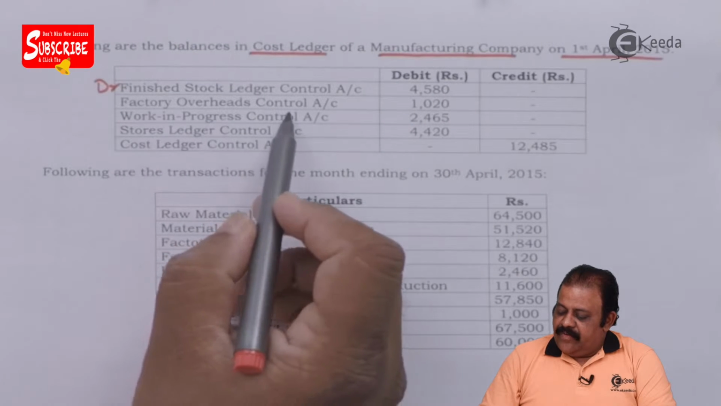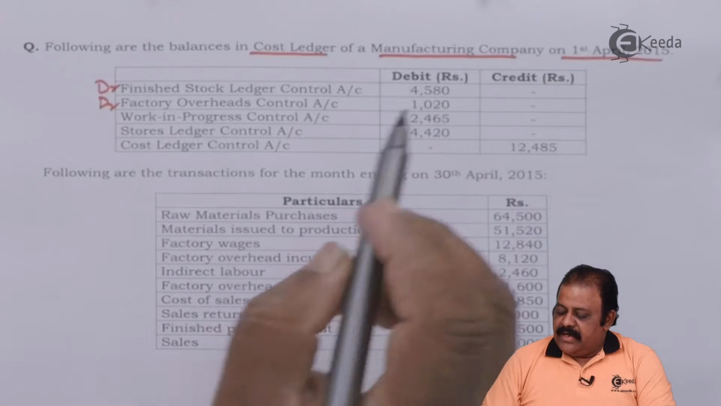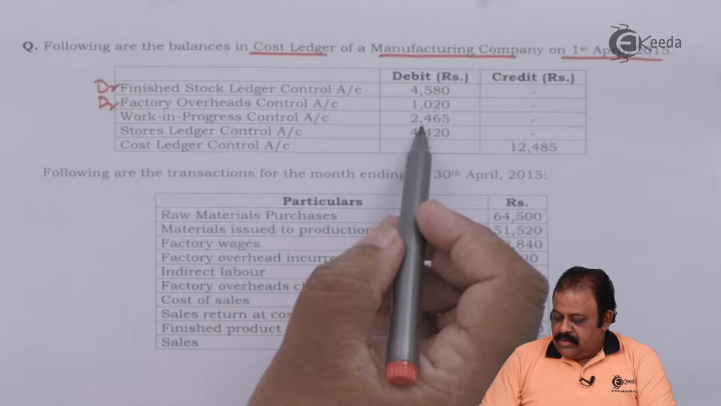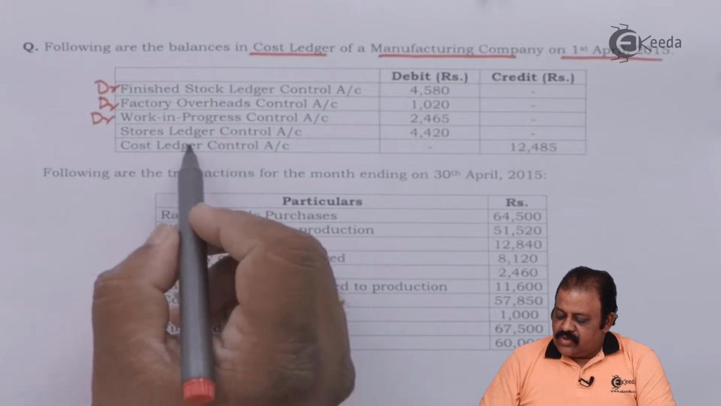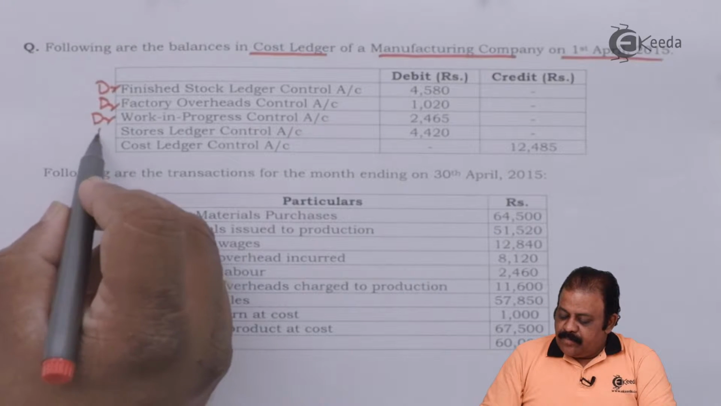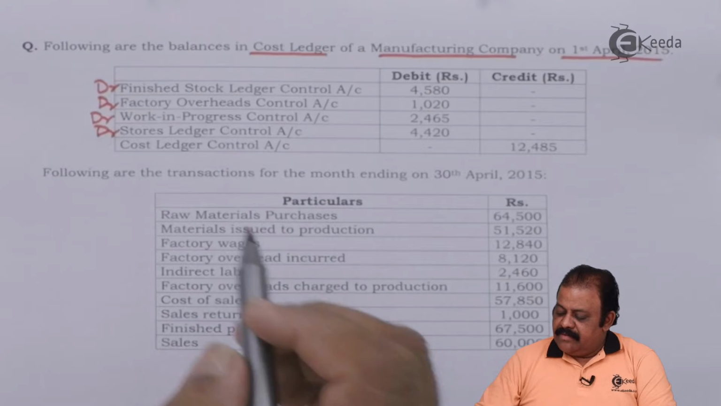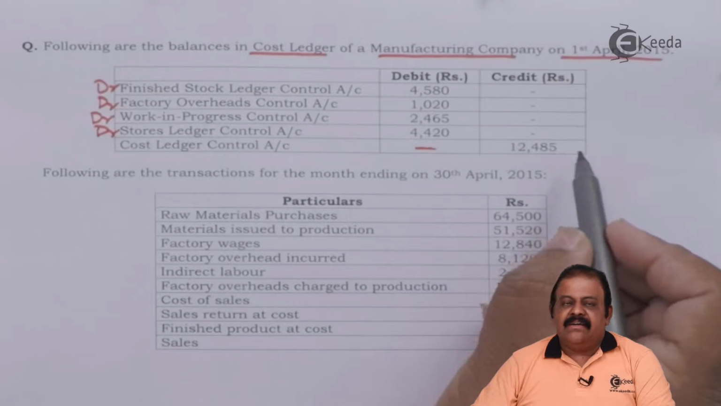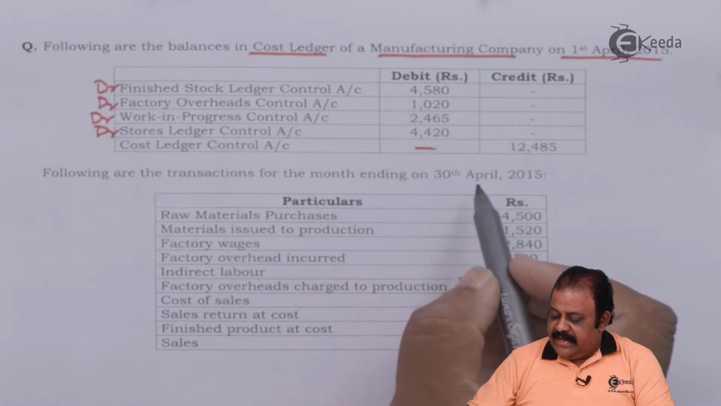4,580. Factory overheads control account, opening debit balance 1,020. Work in progress control account 2,465. Stores ledger control account 4,420. These are stocks having opening balance debit. Cost ledger control account 12,485. Following are the transactions for the month ending